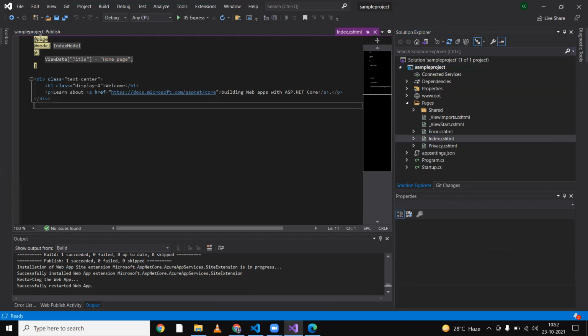You can edit this page here also, like you got the welcome there. So you can edit and you can say welcome to DevOps class.